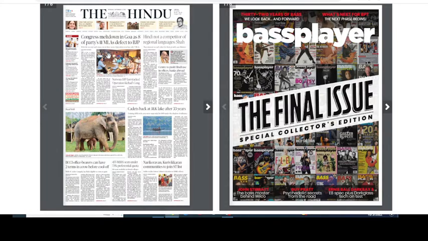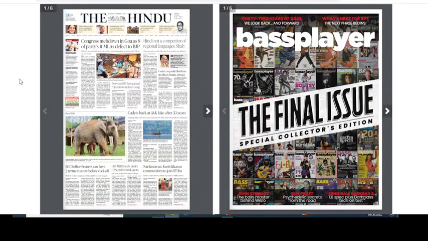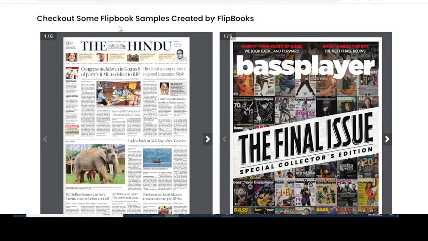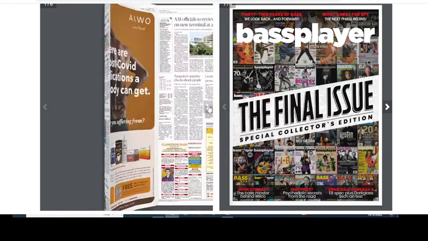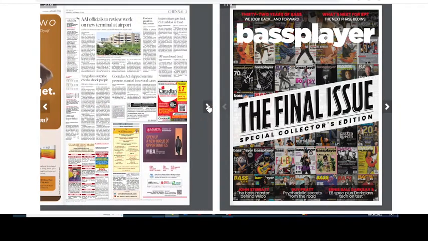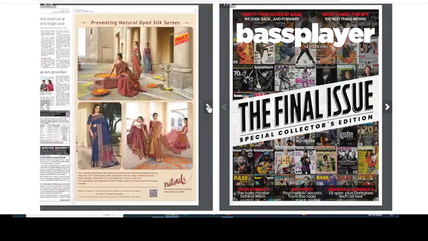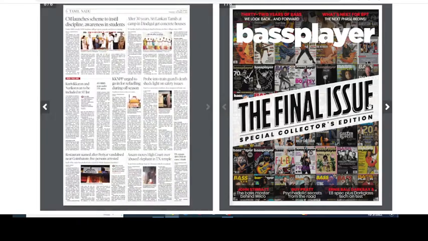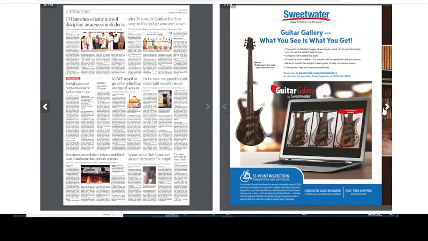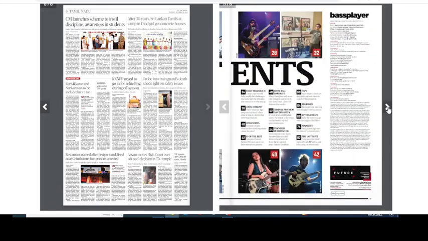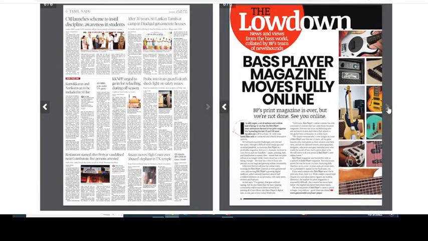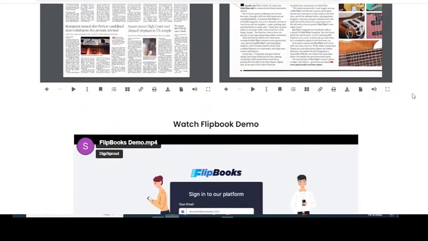This is basically a sample we made, created by Flipbook. You can see the layout, how it's going to come out, and how you can zoom in and zoom out across your whole cover and pages. This is pretty safe. I hope you can agree with me on this one. This is how your output will come when you make an article from Flipbook.